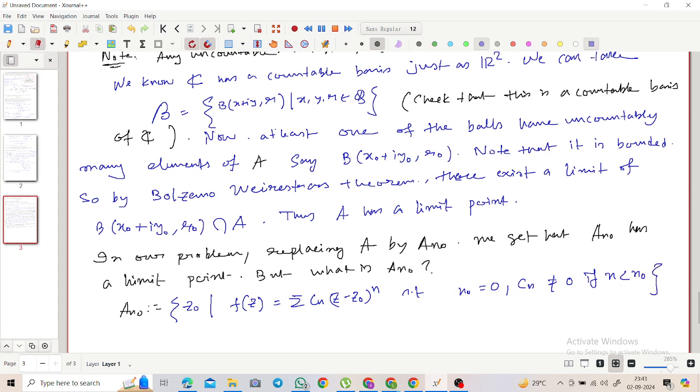This was our c n naught. What is this? This is nothing but z naught such that if z is c naught plus c1 (z minus z naught) up to